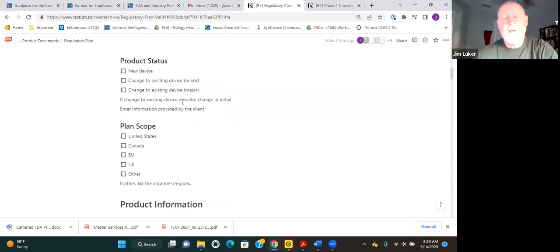The product status tells the person who's doing the plan whether this is a brand new device. A client has come to us with an idea and they need to know what the regulatory pathway is going to be. Other options are a minor change to an existing device, maybe addition of a few more features that don't change the primary functionality of the device, maybe some type of new measurement from a software perspective that doesn't change the intended use or indications,